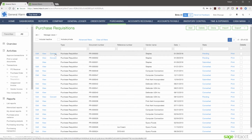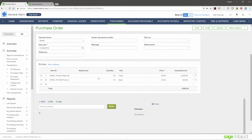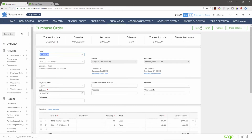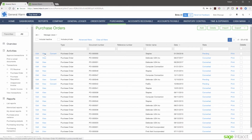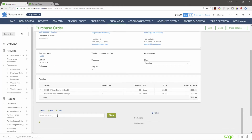And let's say I want to convert this to a PO. So I'm going to go ahead and convert this to a purchase order. And I can actually have a conversation about this as well. So I can go ahead and post this. And any document that I want to view, I can view this purchase order and I can say something like,